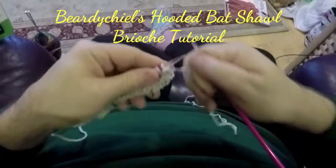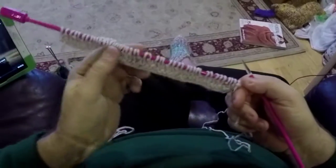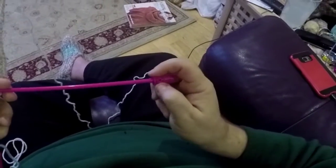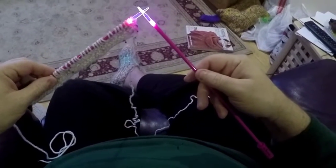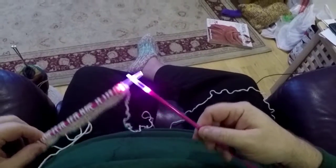Hello everyone, Beardychiel here, and I have in front of me some Aran sitting on a pair of rather unusual needles, which were a gift from Robert Lawrence, Papa Lawrence for those of you who know him online. Light up, knitting in the dark, and needles. These are 5.5mm needles, and